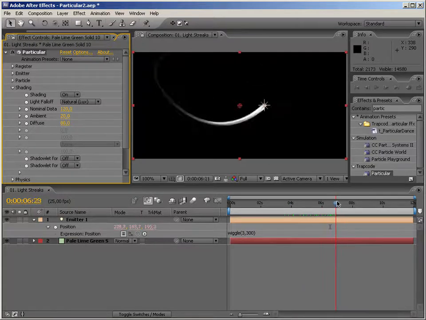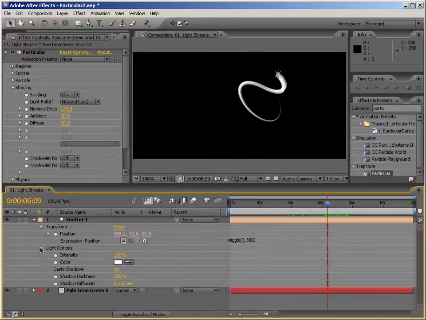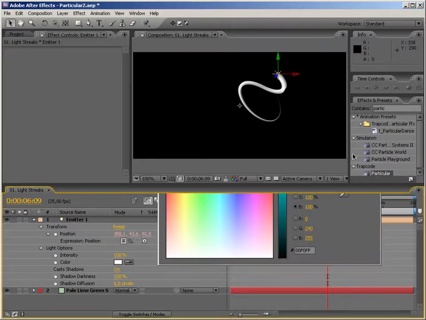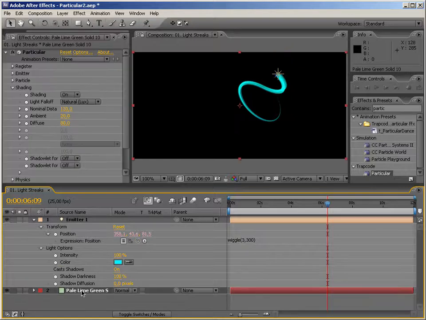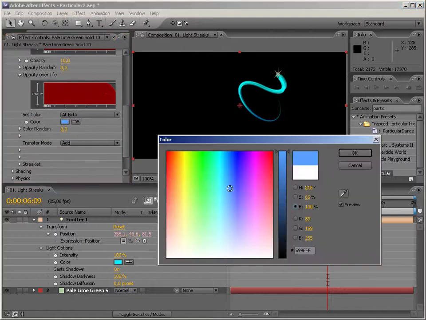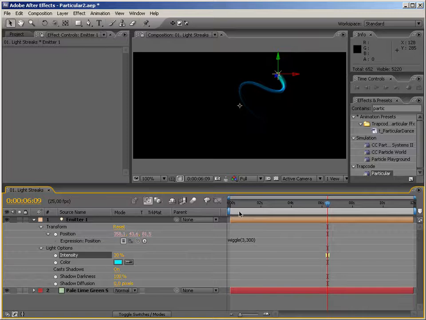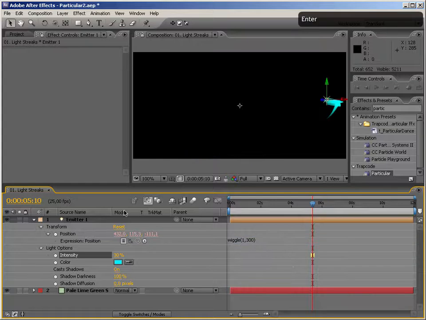And let's just take a look. Okay, this is cool. Let's change the color of the light to maybe blue or something like that, and change the color of our particles as well to a bluish something. Okay, that looks nice. Light intensity, see, we can even change that. Wow, it's amazing. Okay, let's just see how that looks. Very nice. Okay, sweet. We can go back to 1